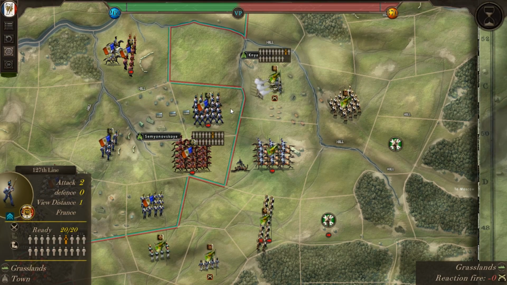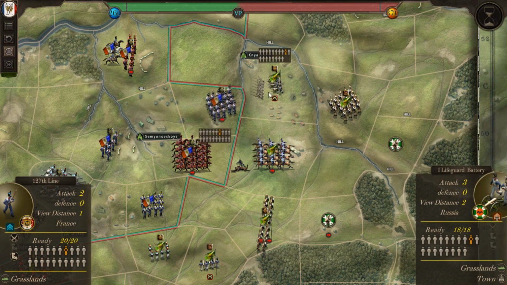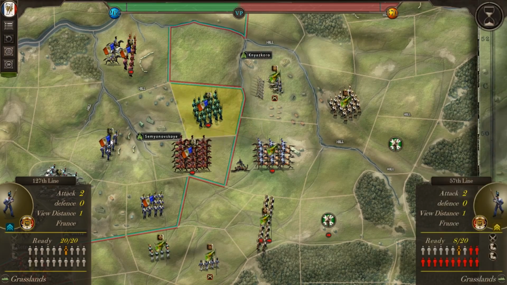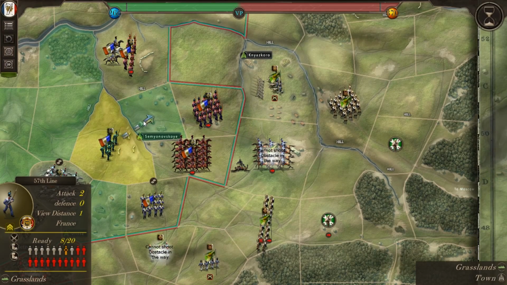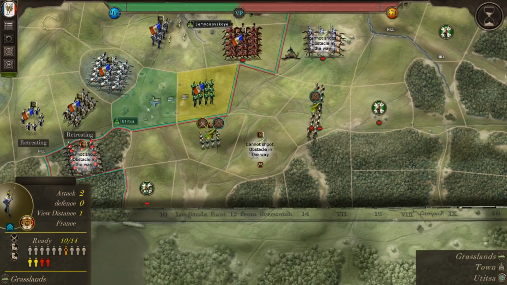Let's see what reaction fire is. Doesn't do anything. Nice. We'll charge the guns. Now we're going to be really close to those guns, so that's a little bit uneasy, a little bit concerning. Presumably the enemy's going to be able to...